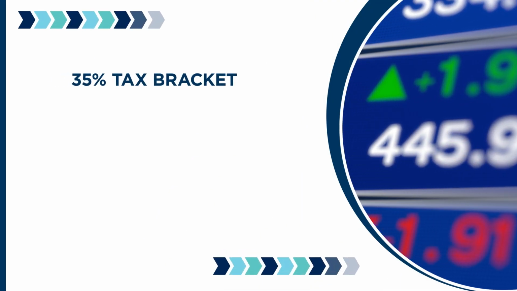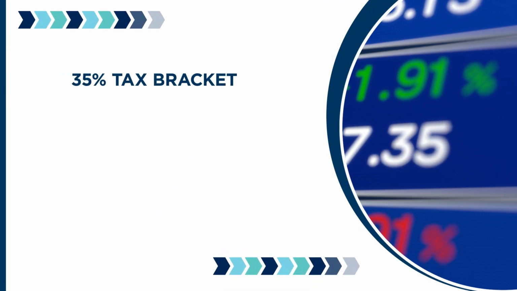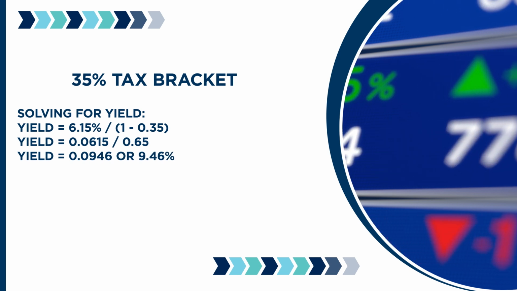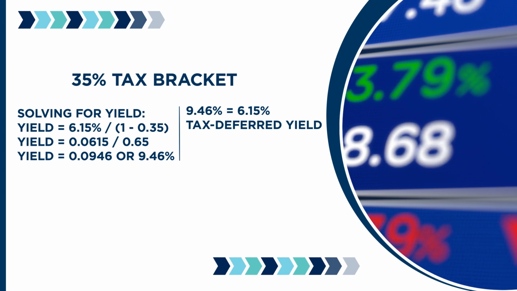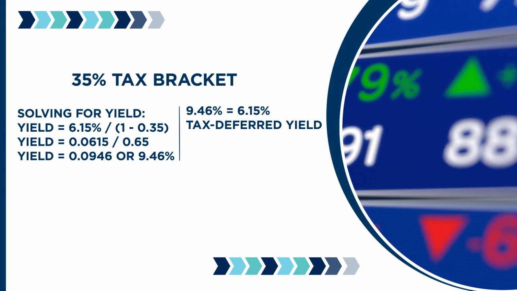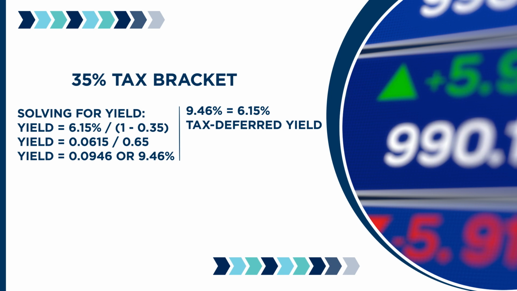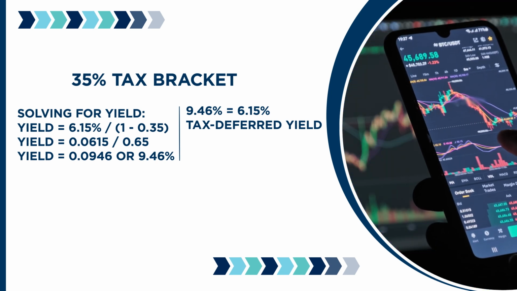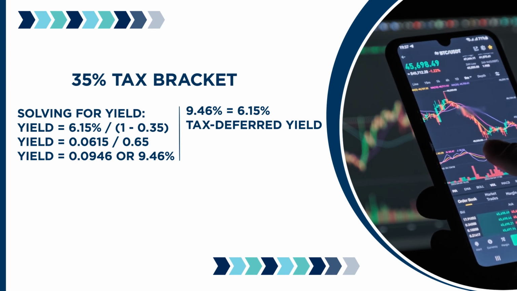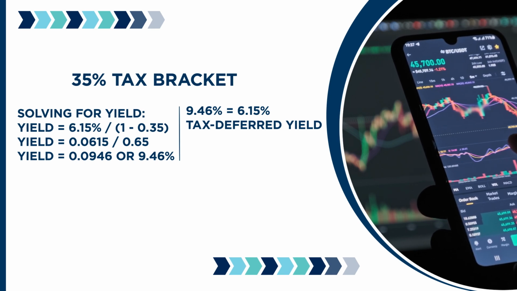Now let's take a look at a client in a 35% tax bracket. The TEY calculation would be TEY equals yield divided by 1 minus 0.35. In the 35% tax bracket, your taxable investment would need to yield approximately 9.46% to be equivalent to a 6.15%